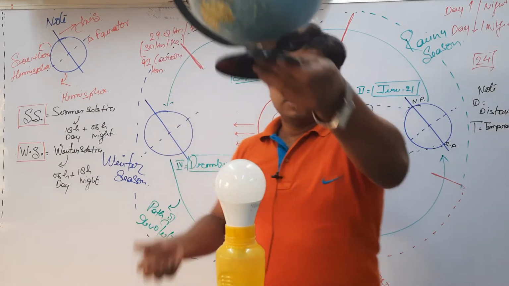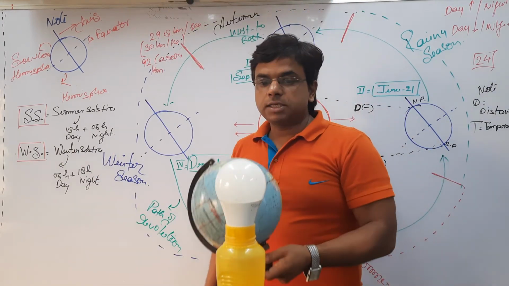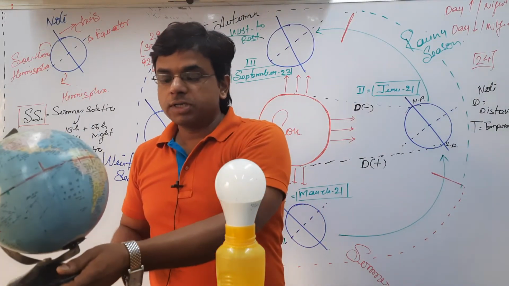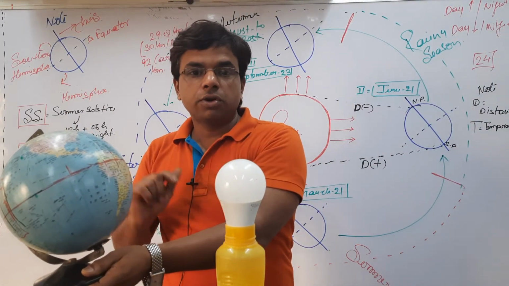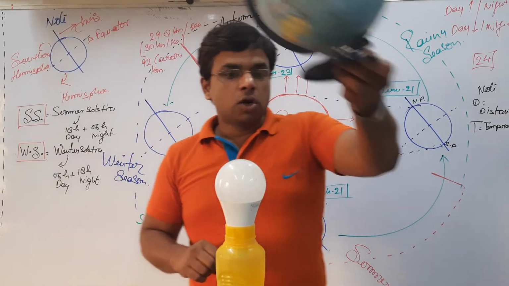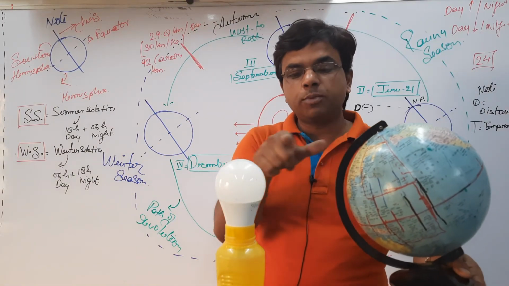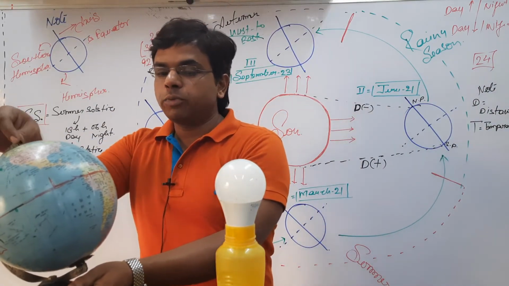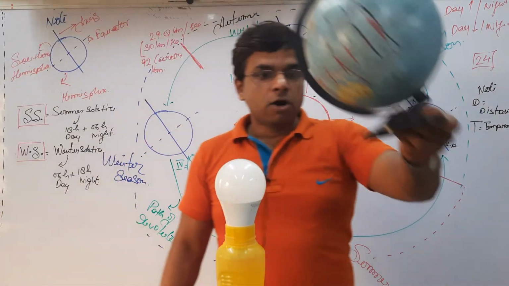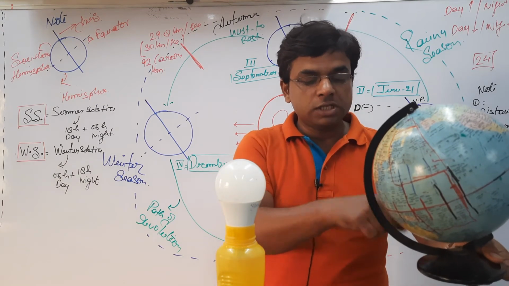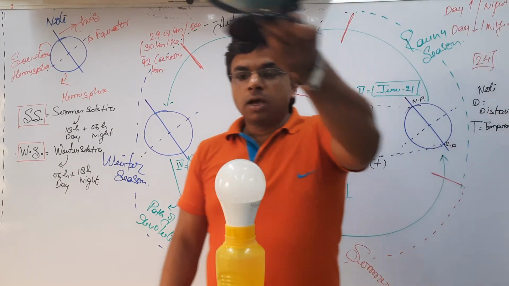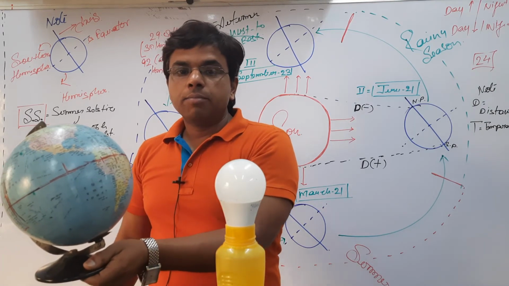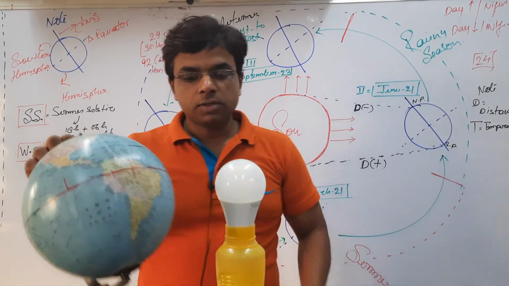This position of the 21st of June and this position of the 22nd of December are just reversed to each other. On the 21st of June, the North Pole is maintaining the minimum distance, while on the 22nd of December, the North Pole is maintaining the maximum distance. On the 21st of June, the South Pole is maintaining the maximum distance, while on the 22nd of December, the South Pole is maintaining the minimum distance in respect of the sun.